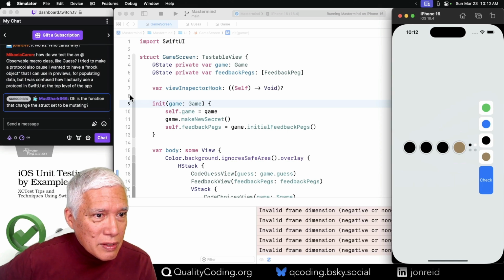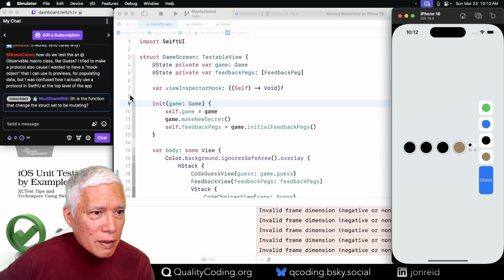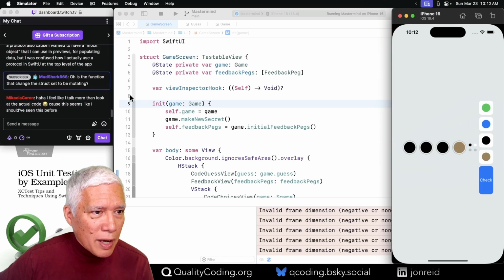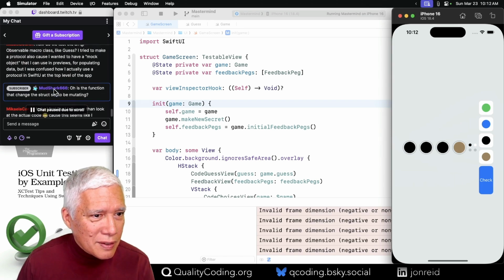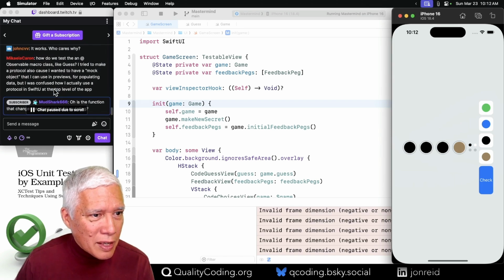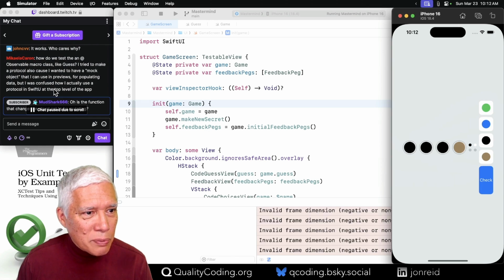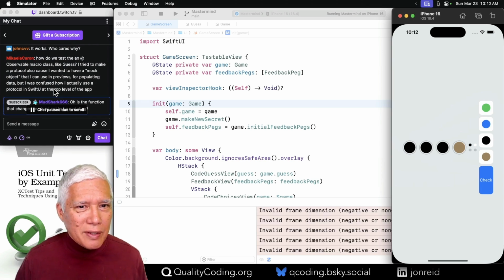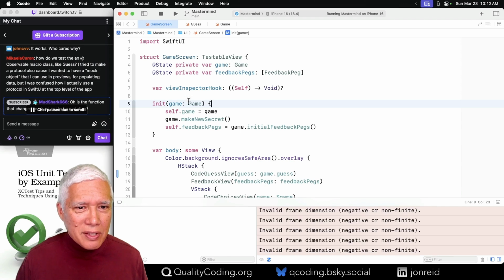How do we test an @observable macro class like guess? I tried to make a protocol because I wanted a mock object that I can use in previews for populating data, but I was confused about how I actually use a protocol in SwiftUI at the top level of the app. Well, the guess itself here is